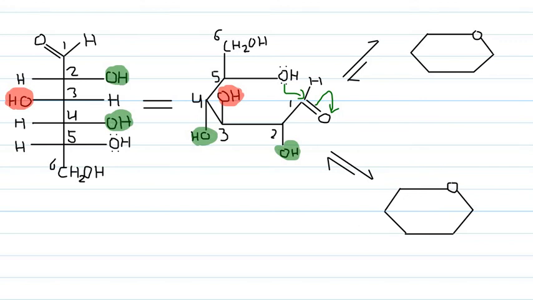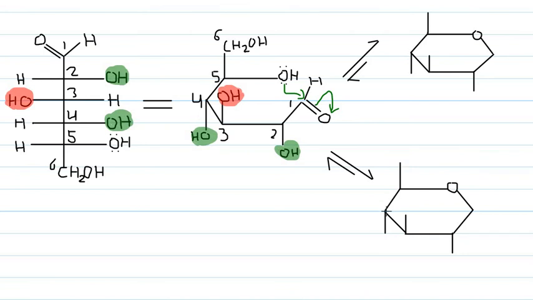Then there is CH2OH in both the structures here. Then there is OH. Here also OH. Then OH. Then again OH. Now there is a formation of a new stereocenter, a new asymmetric carbon. So there is H and OH. This OH may be on the downside or may be upside. So both are possible.